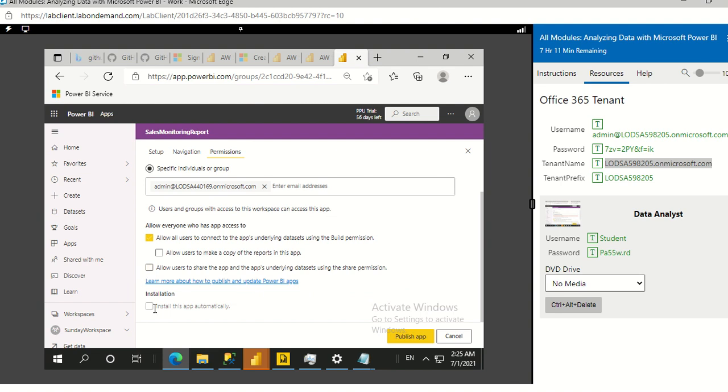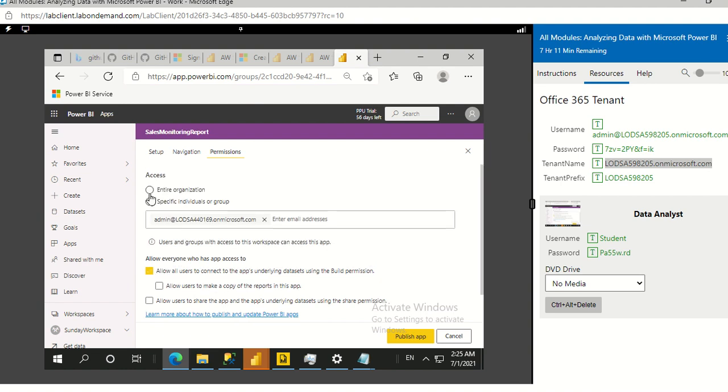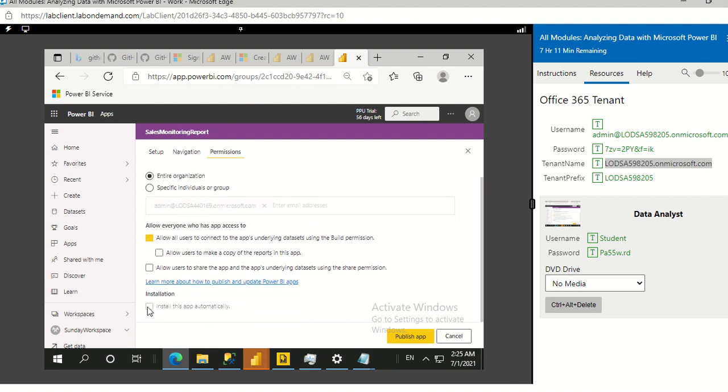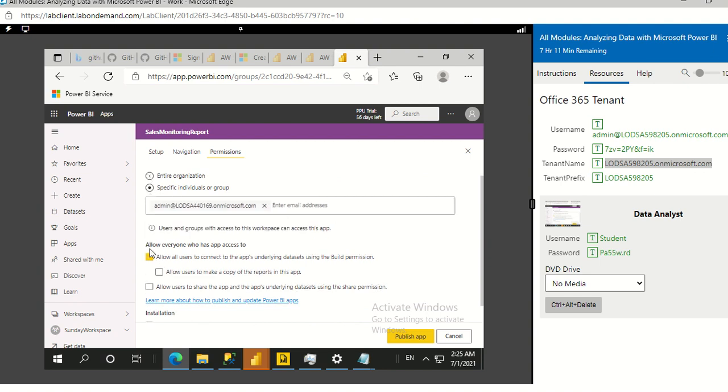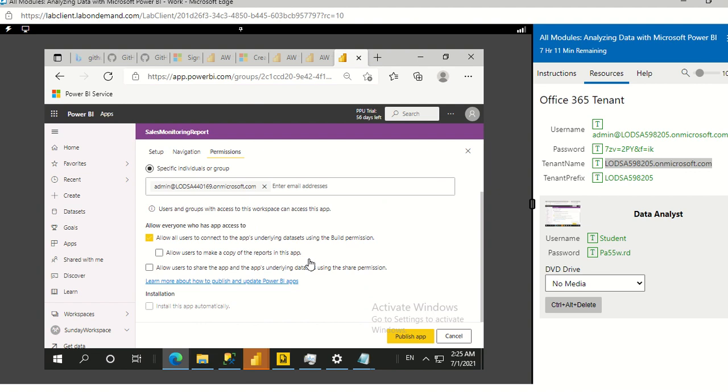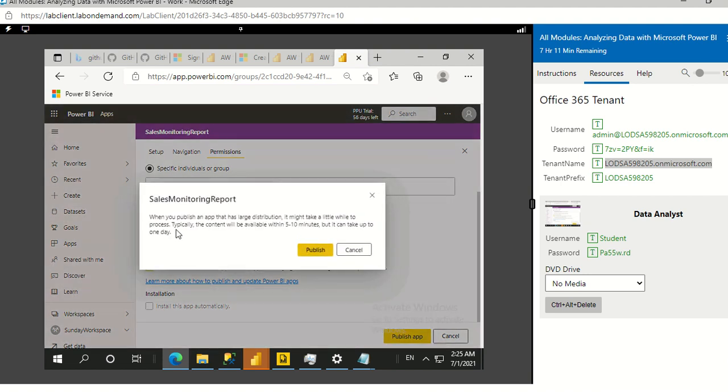Okay, and then we can say this should install automatically, if we choose the entire organization, I think. All right, so this is not enabled for this particular app. So here you can allow them to share, you can allow them to make a copy, and click on publish. When you publish an app that has large distribution, it will take a while to process,